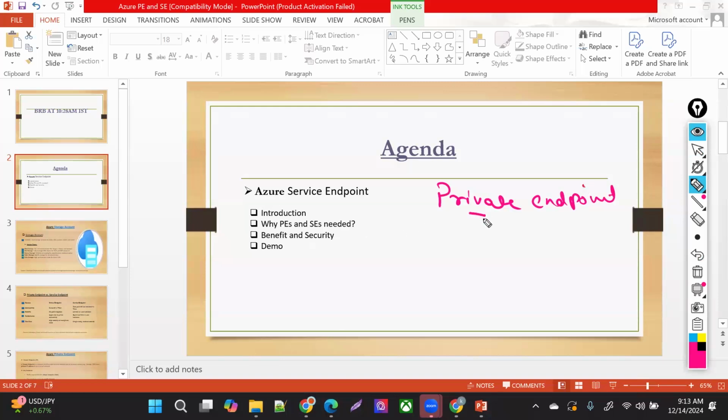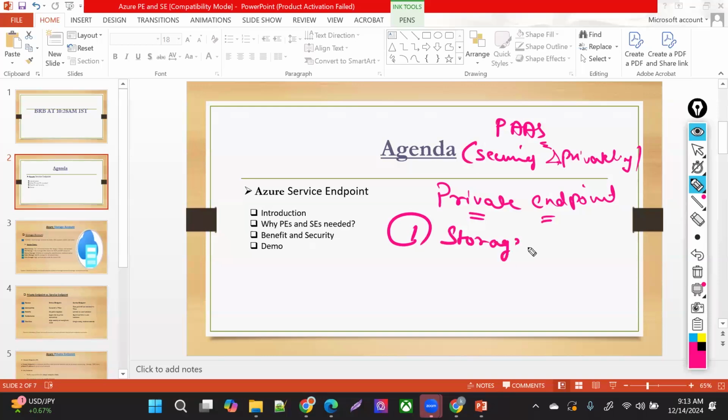A private endpoint is just a way to access a PaaS-based service securely and privately. Why am I saying securely and privately? Because the storage account which we discussed, or any PaaS-based services which we are going to discuss coming up,